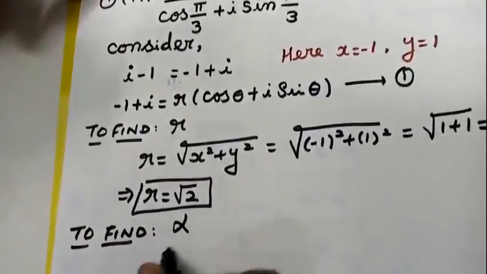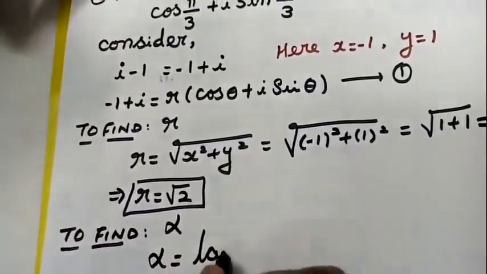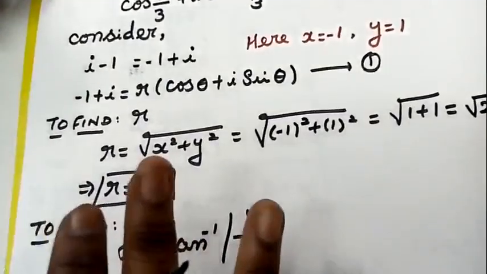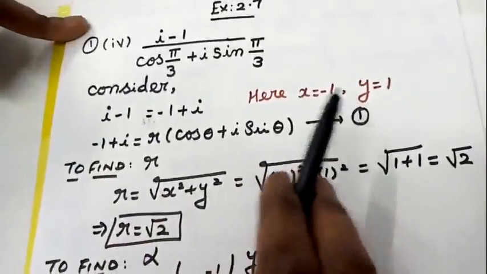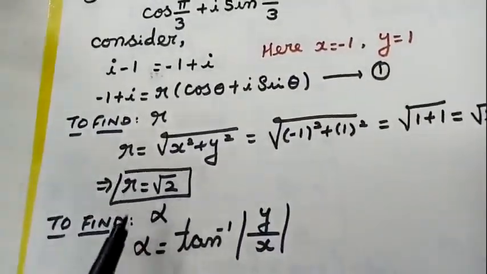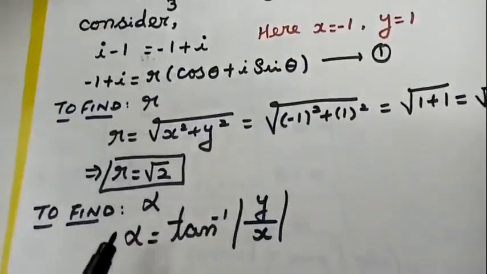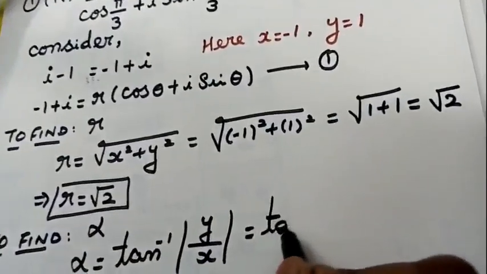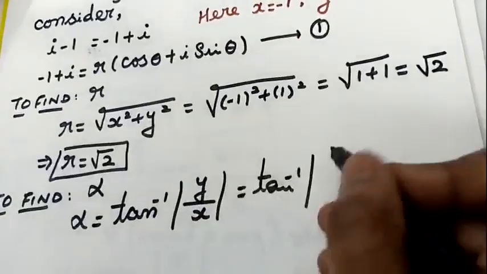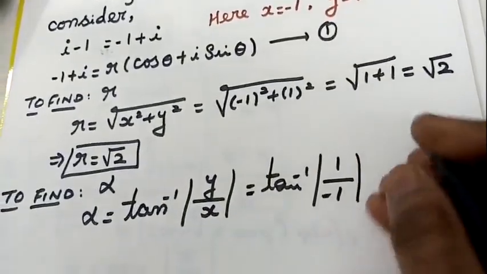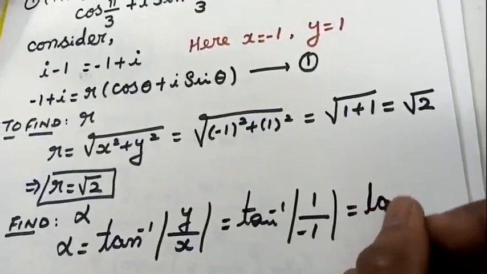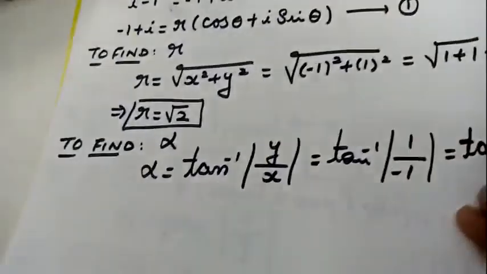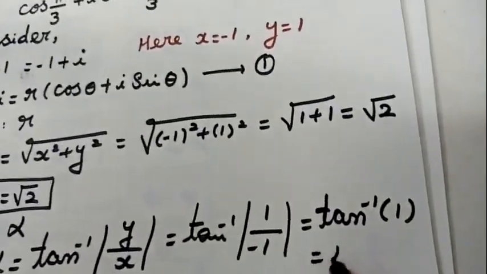So what is the formula for alpha? Alpha is equal to tan inverse of modulus of y divided by x. Keep this in your mind. If you fix x and y properly, automatically you can generate the values for r, alpha and theta only based on x and y. So be careful while you are taking the values of x and y. So tan inverse of modulus of y by x is nothing but 1 divided by minus 1. What I told you, students, inside modulus, if you are going to get negative, it will be automatically converted to positive. So tan inverse of 1 is nothing but 45 degree.